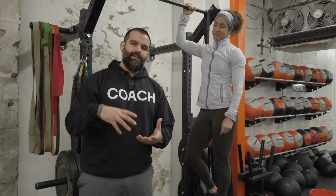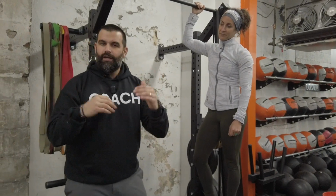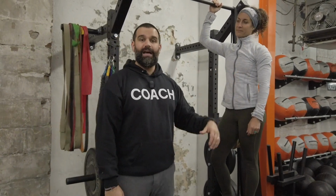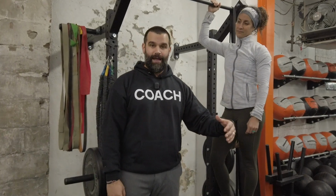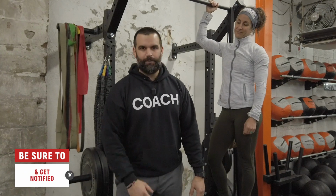The eccentric phase of this exercise is gonna allow you to not just build awareness, because everyone's stronger eccentrically, but the eccentric loading is what puts on new muscle. You're gonna gain that muscle mass that's probably needed to help you with the strict pull-up. Now, once you're able to get 3 sets of 5 reps, 10-second negative, resting somewhere around 90 seconds to 2 minutes between sets,